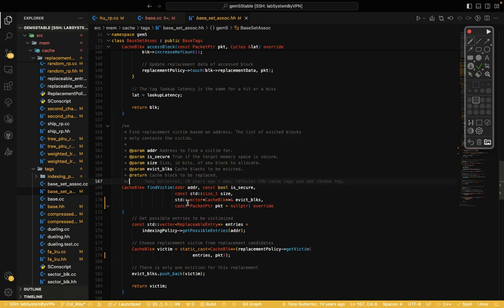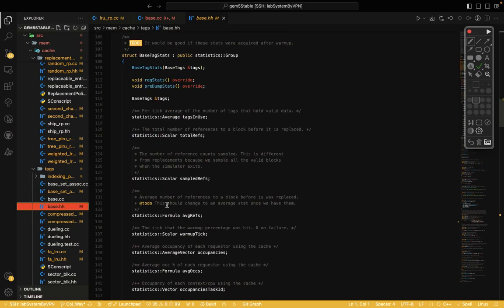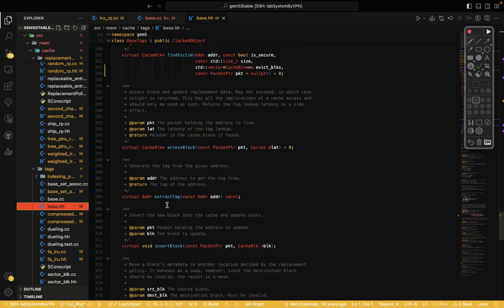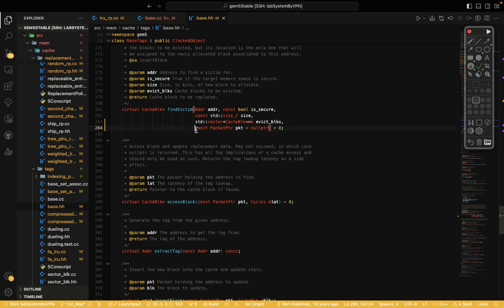The change of this function find victim is completely the same as get victim, and it needs to be implemented in the base. In the base, it's better you set a default value for that, to not make a problem for you in some part where you call that function and you don't have an incoming packet.